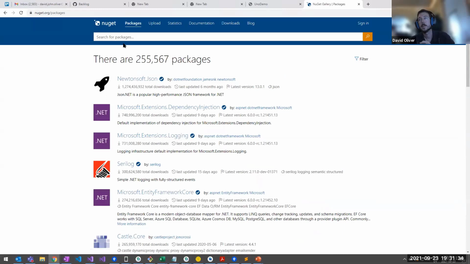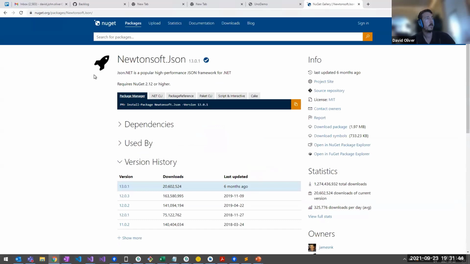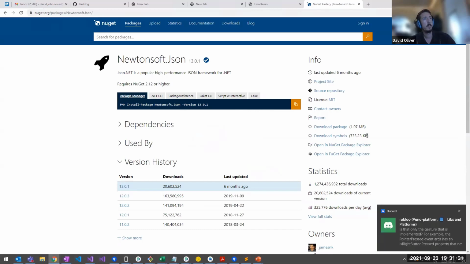So I assume everyone here who's a .NET developer is familiar with NuGet. Let's check out JSON.NET, aka the Gangnam style of NuGet packages, 1 billion plus downloads. And if we check the NuGet page, there's a link here, open in NuGet Package Explorer. So